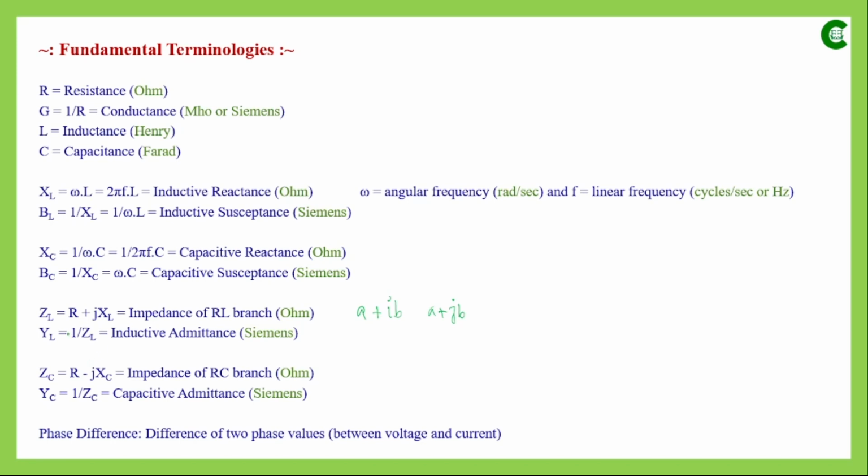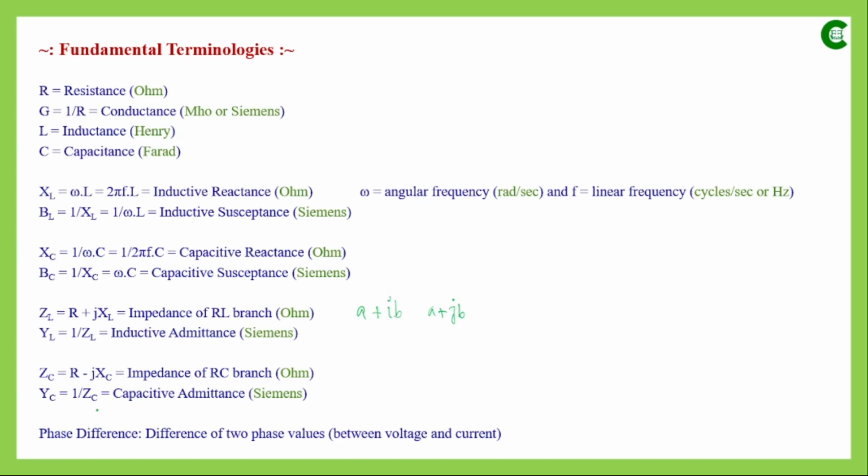So symbolically it is represented as YL if it is for RL branch, and that is the reciprocal of impedance, so 1 by ZL. And unit wise it has the same unit as conductance or susceptance, so it is Siemens. And in case of RC circuit, it is Y suffix C, and that is 1 by ZC. It is called capacitive admittance, and the unit is also Siemens. So these are the